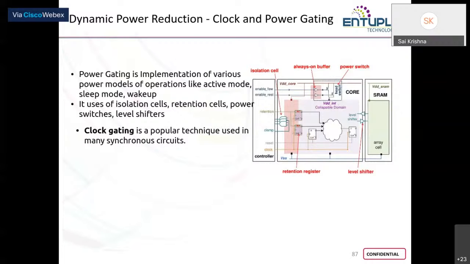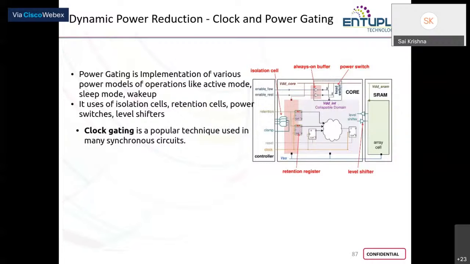And if you have any multiple domain powers in your design, that means one block operating at one voltage, another block operating at another. In such a case, you will be using special cells like isolation cells, retention cells, power switches, and level shifters, etc. And clock gating is also done to many of the synchronous circuits which use clock to